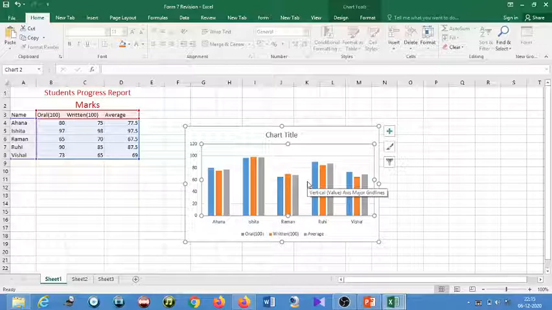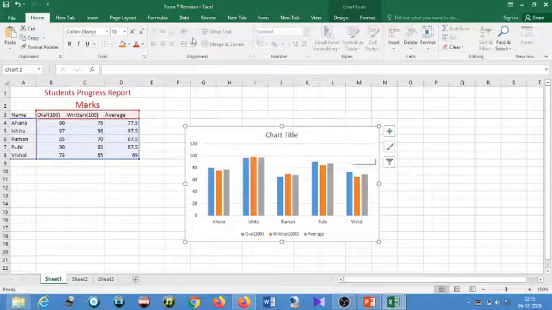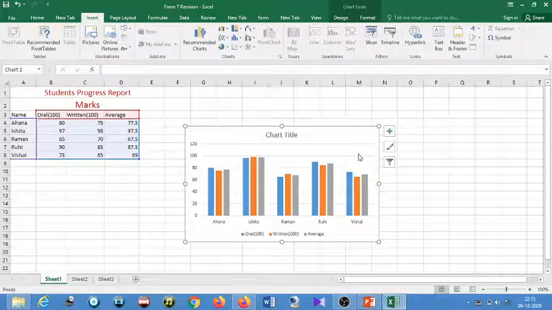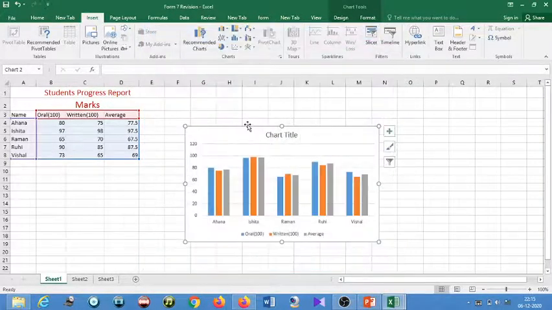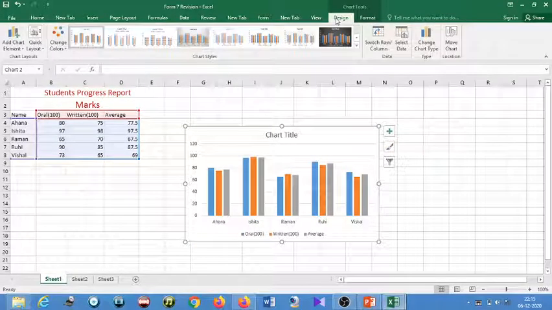Now next you have to learn how you can format your chart. A very simple way: again I just click on it. Look here, this is Add Chart Element.